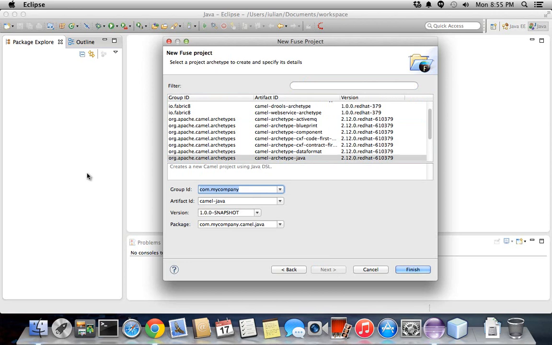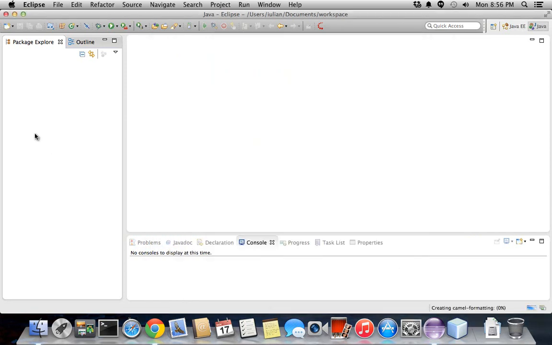I will name the artifact that's going to be created by the project. I'll use as group ID the group demo, and the artifact ID would be camel-formatting. Okay, so the version should be this one. That's fine. Okay, I will create a project, and it's going to be generating with Maven a project that contains,